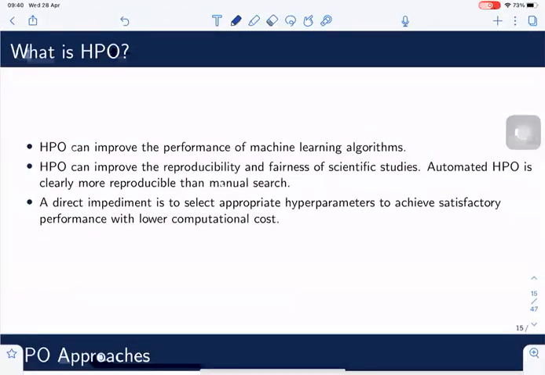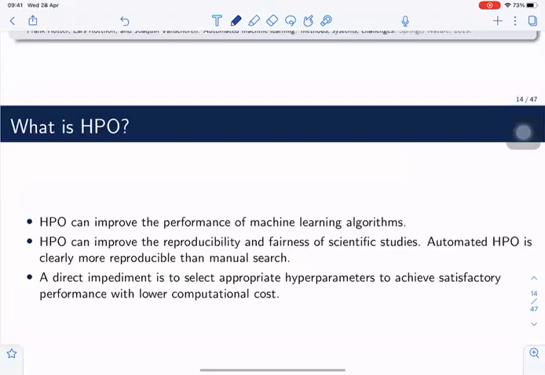Before we get to the HPO approaches, let's see a quick introduction about HPO. HPO can improve the performance of machine learning algorithms, and it can improve the reproducibility and fairness of scientific studies. But from our perspective, a direct impediment is to select appropriate hyperparameters to achieve satisfactory performance with lower computational cost,